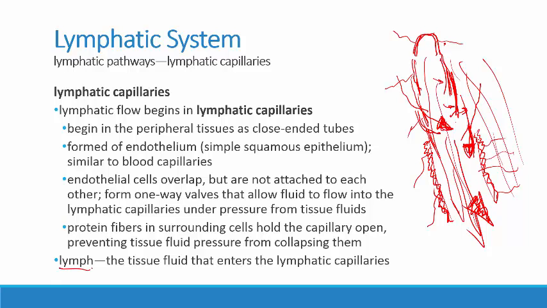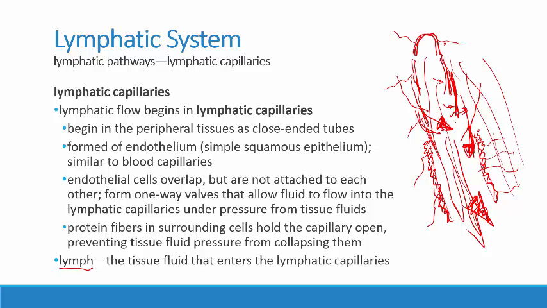And lymph is just the tissue fluid that's entered the lymphatic capillary. So let's think about where that tissue fluid came from. This is all happening in a capillary network, and we talked in the last chapter about the forces that move blood plasma out of the capillaries and into the peripheral tissues. And if you recall, we discussed that the capillary network pushes out more blood than it takes back in again near the venous side of a capillary network. And so that is the source of interstitial